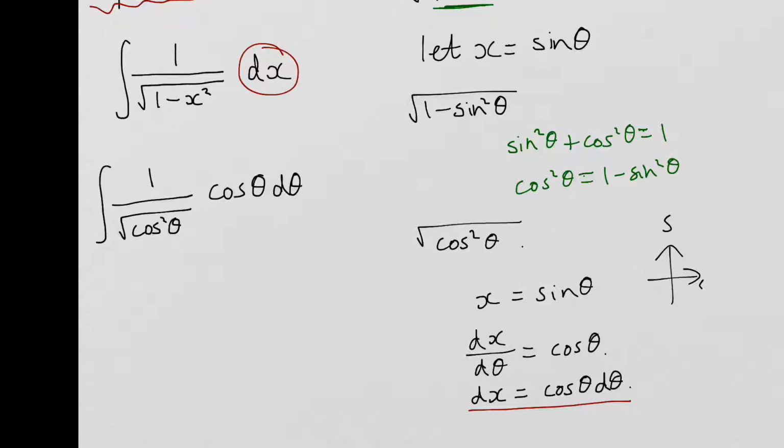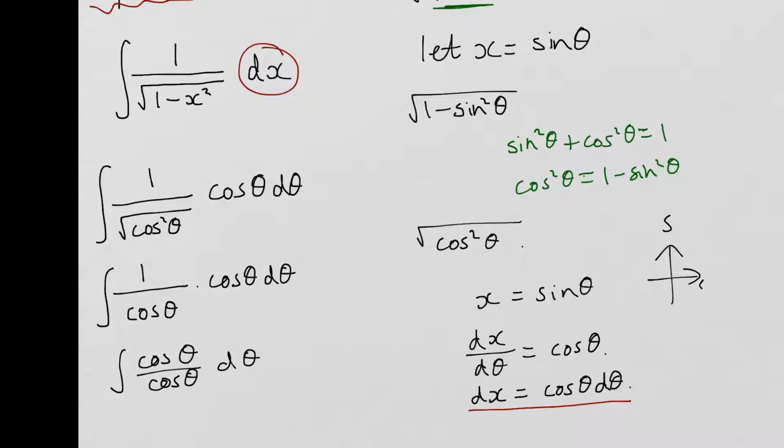Taking that denominator now, what's really cool is that I've got cosine squared and the square root. So if I take the square root of the squared function, I am going to get cosine of theta. Here I'm still multiplying by that cosine of theta d theta, and if my cosine theta became part of the numerator,